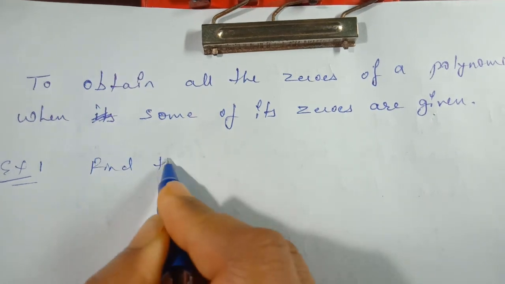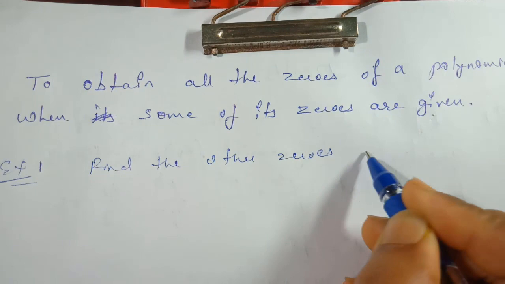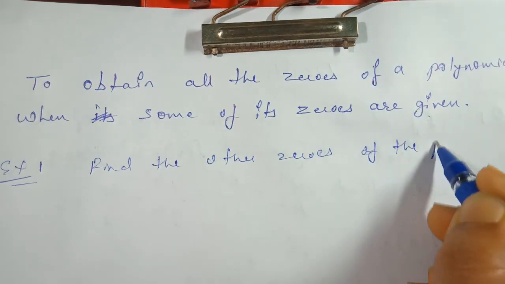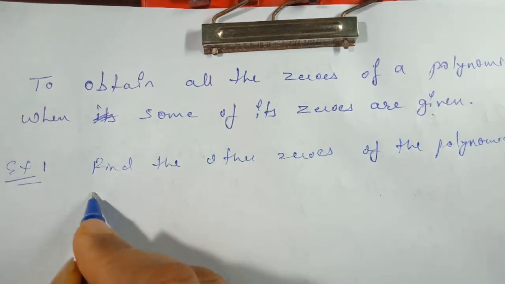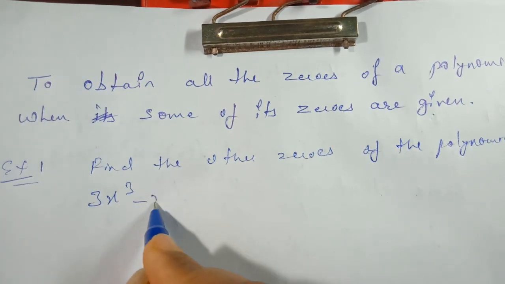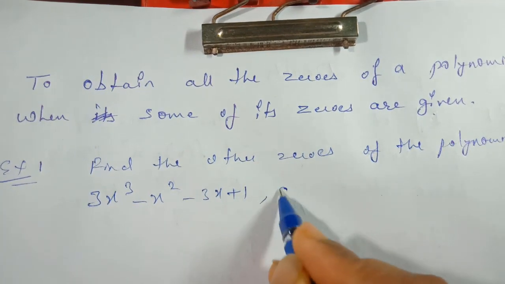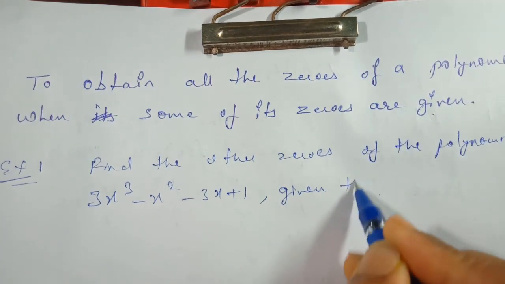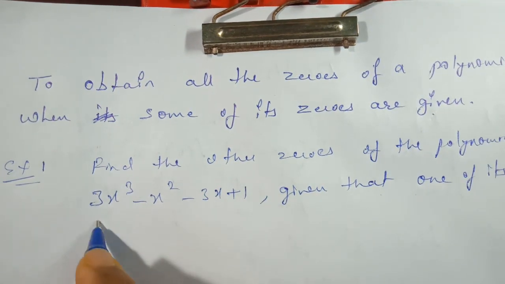Find the other zeros of the polynomial 3x cube minus x square minus 3x plus 1, given that one of its zeros is